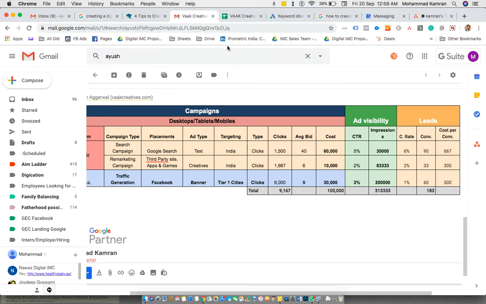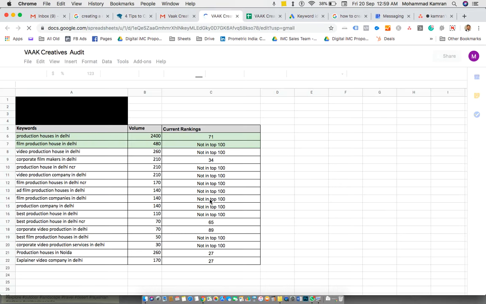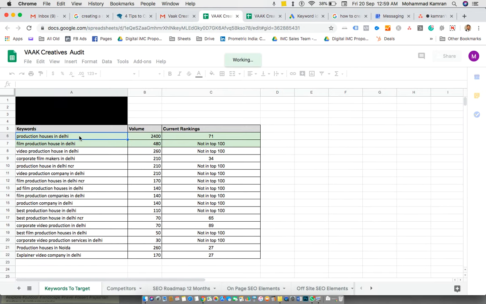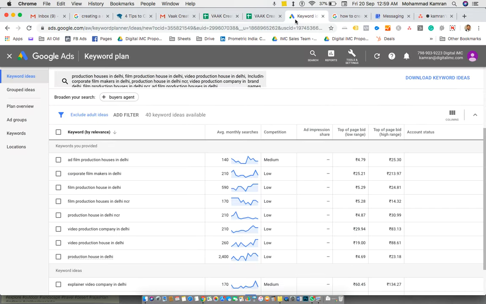So I recently got few keywords from this client who is running a production house in Delhi. So these are the top keywords shared by the client. So yeah, the primary ones are like production houses in Delhi, then film production houses in Delhi, followed by video and corporate film production. So I'm going to copy a couple of top keywords and I quickly go into keyword